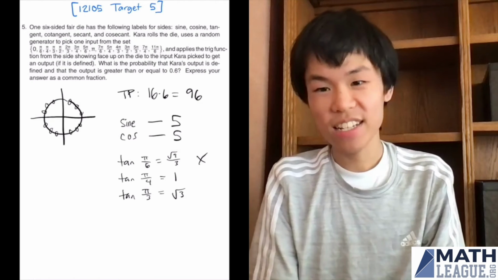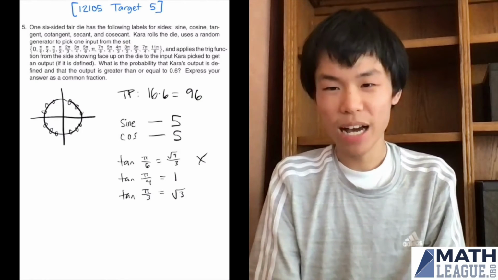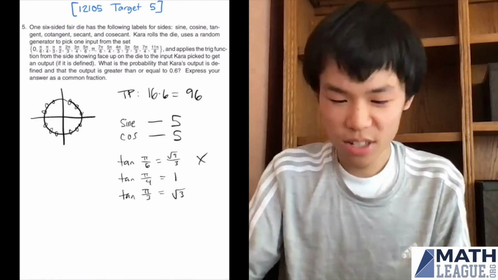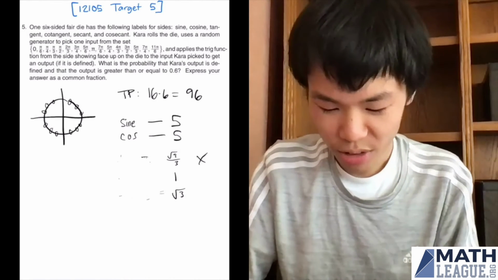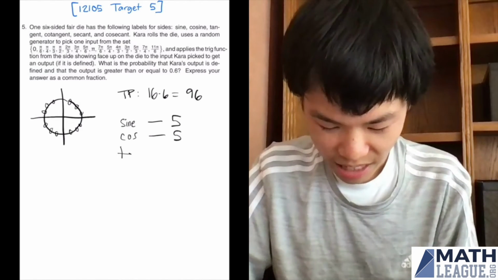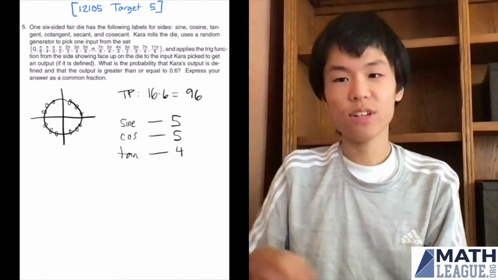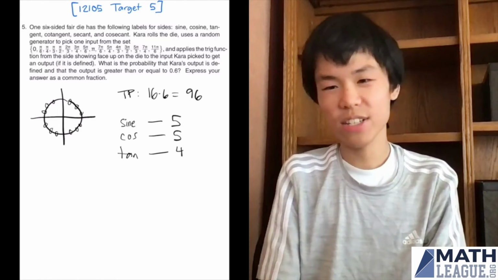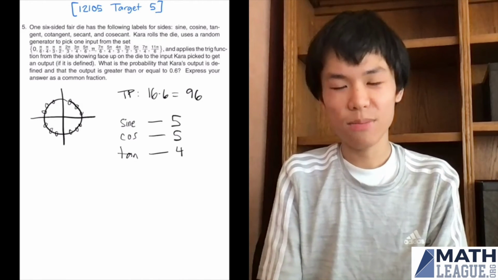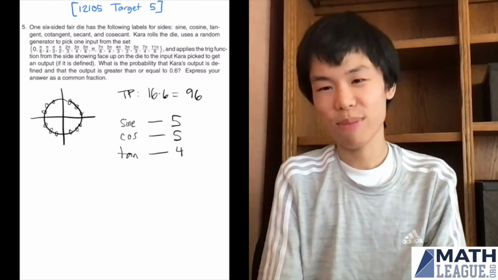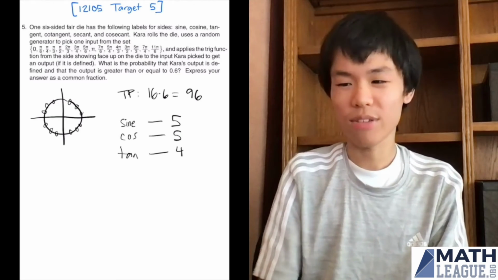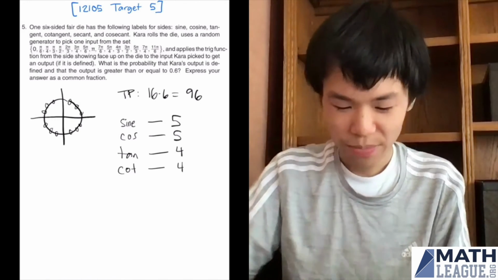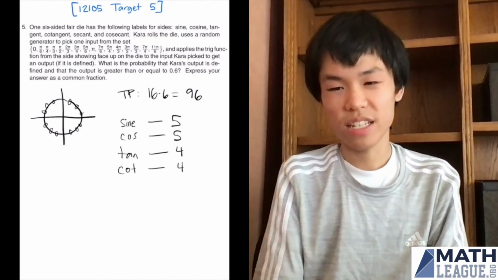But it turns out that tangent has a period of pi, as in take pi over 6, add pi, and take the tangent of that, and you get the exact same thing. This means that tangent has a total of 4 working values. As for cotangent, cotangent is basically the reciprocal of tangent. Period is still pi, and that basically now means that cotangent of pi over 6 works, but cotangent of pi over 3 doesn't. So that basically means that cotangent has basically 4 values. Now comes secant and cosecant.